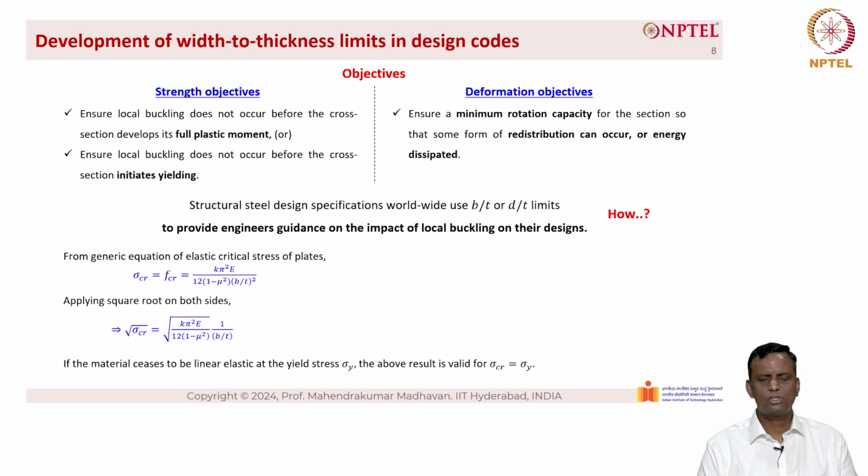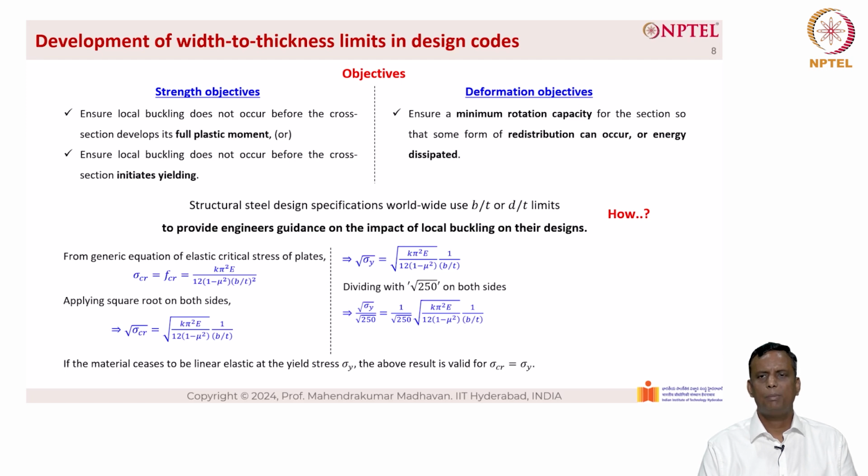Now, if the material ceases to be linear elastic at the yield stress sigma y, the above result is valid for sigma critical equal to sigma y. Now, let us substitute sigma y in place of sigma critical at the onset of yielding. So, we have root of sigma y equal to root of K into pi square E divided by 12 into 1 minus mu square into 1 by B by T. Now, let us divide by root of 250 on both sides, because we are taking the yield stress base value as 250. We get root of sigma y divided by root of 250 is equal to 1 by root of 250 into root of K into pi square E divided by 12 into 1 minus mu square